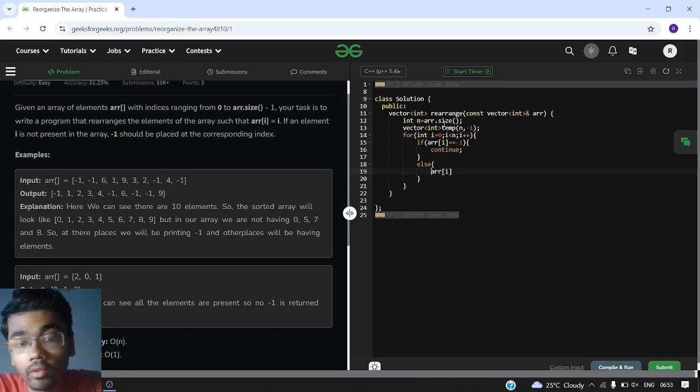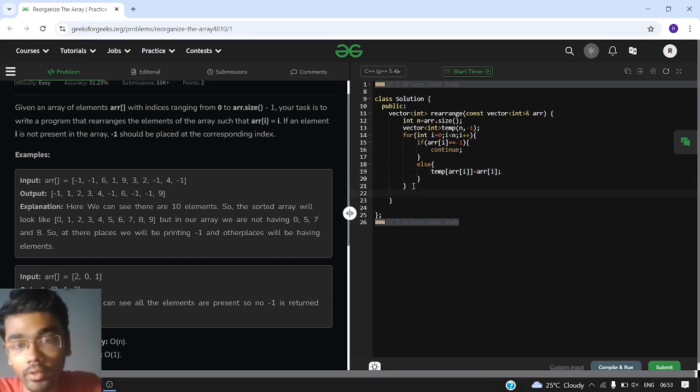We need to put this value in the temporary array. So temporary of something should be equal to ARR of I. Now what is this something? This something is nothing but this value. The value and index should be same. So the index in the temporary array would be nothing but ARR of I only. So temporary of ARR of I should be equal to ARR of I.